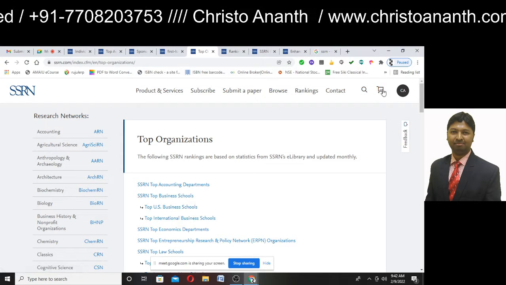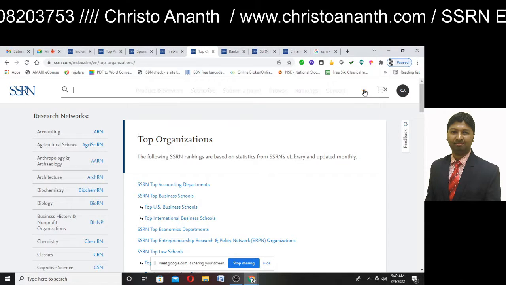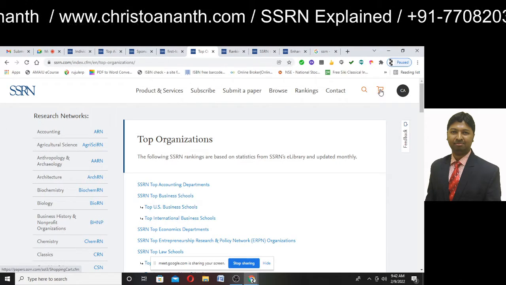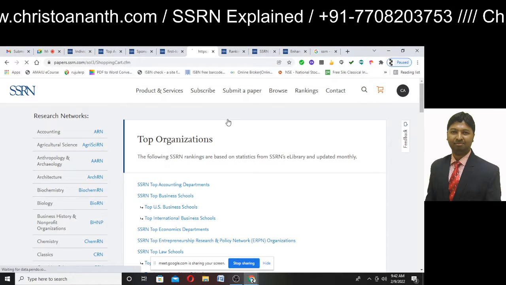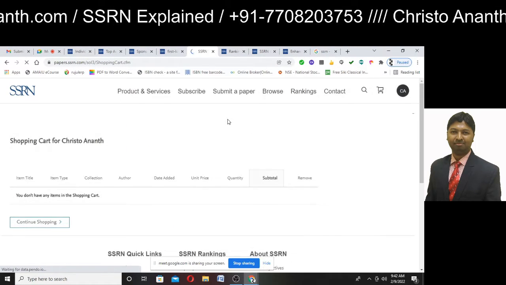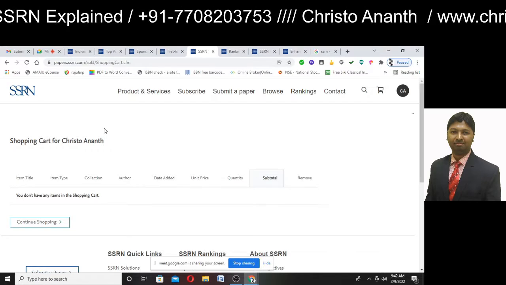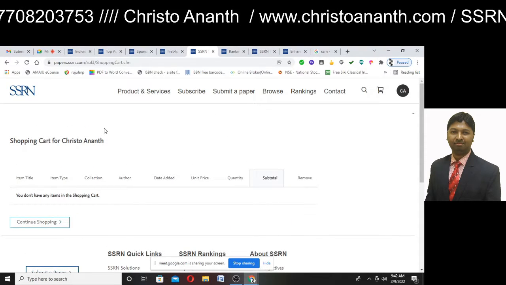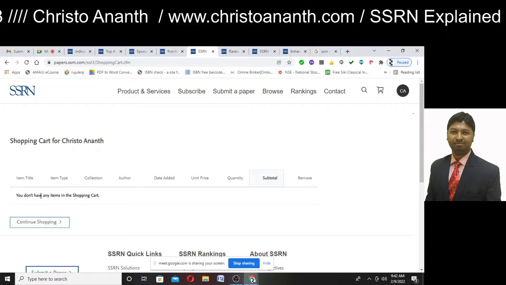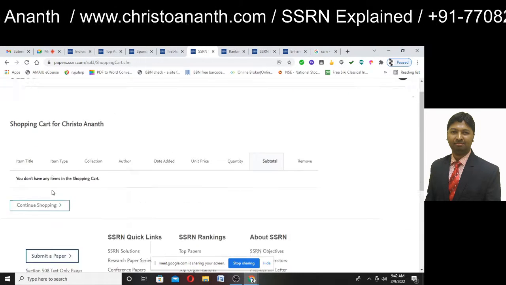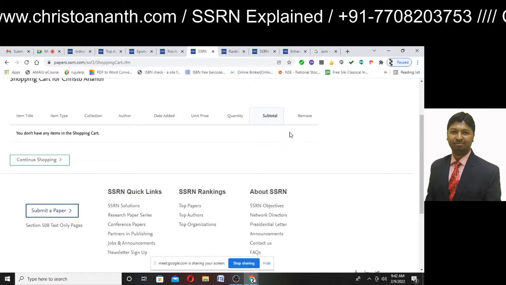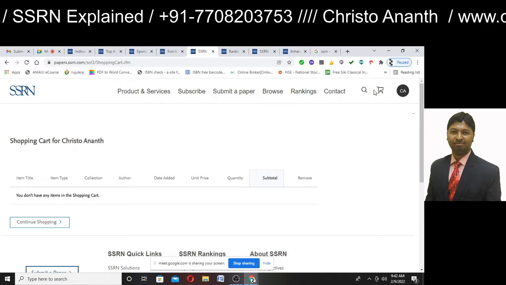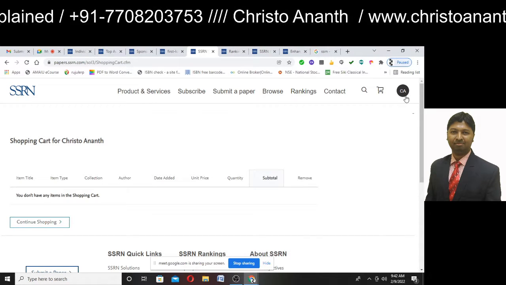And here you have a search option. You can search for a relevant researcher you want, and then you have a bucket where you get the premium services. It is a shopping cart. The journals, research publications, or any collection you have purchased get added to the shopping cart, and you can continue shopping or purchase, and it will ask you for payment. If you subscribe to that, then you will get all the services. So this is all about